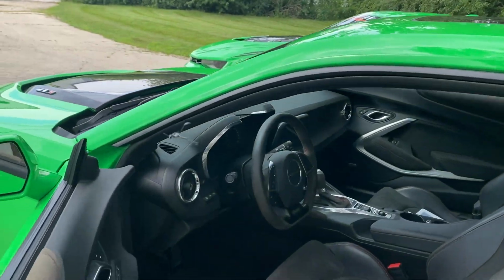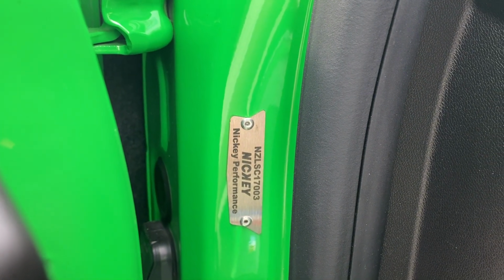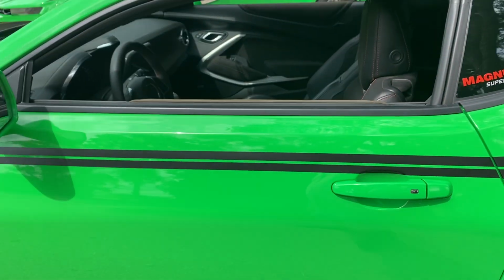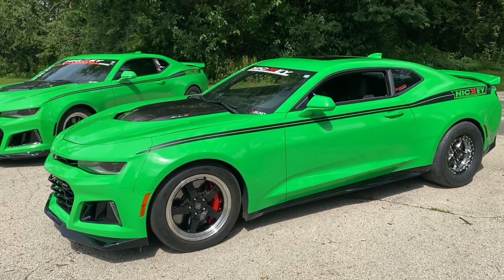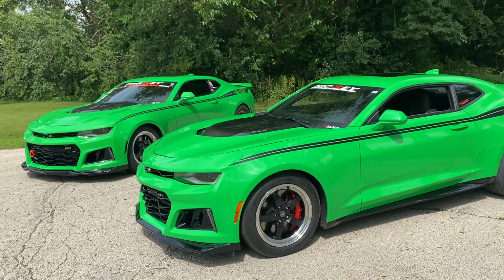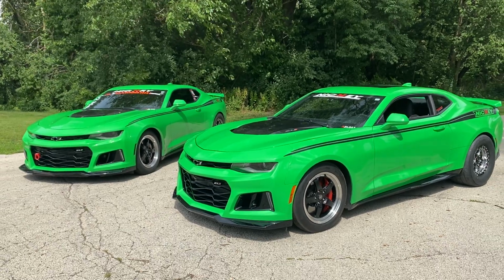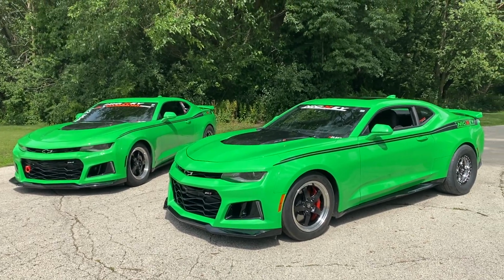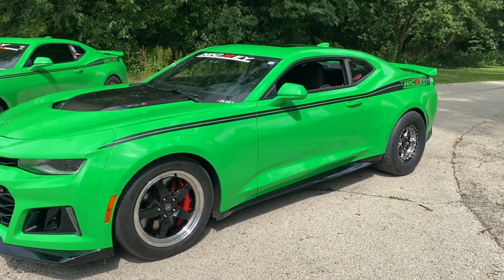So if you ever want to know if there's an authentic NicKey car, you can call us and give us what is supposed to be the serial number, but we put a serial number in the A pillar of the car. Interesting that these 2 cars are absolutely identical cars. They're 2017 ZL1 Camaros built by Chevrolet. This color was only available for a small portion of 2017, and I believe only 127 ZL1s got this color combination. These cars have identical options from the factory, fully loaded up cars, and they're only a few hundred VIN numbers apart. So this is the famous former Norm Jensen car, and